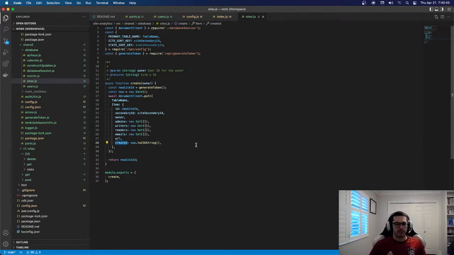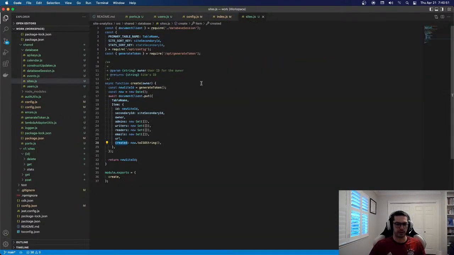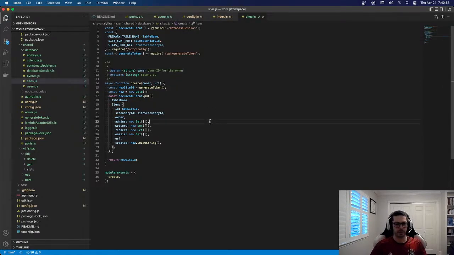Now I have my timestamp set. Is that the structure? Is that what we're looking for? Owner, admins, writers, readers, emails, URL, and created. So I need to pass a URL in as well. Create owner URL. There should probably be some way to verify that you own the site. Well, I guess if you put the script on it, but if someone put this,